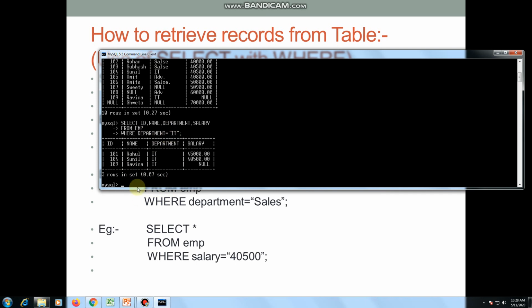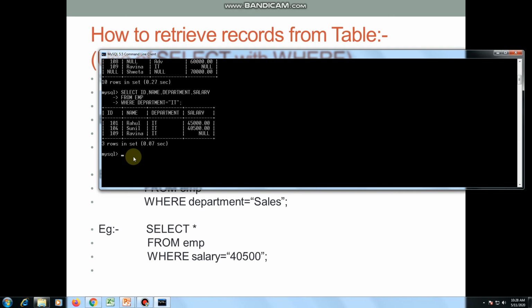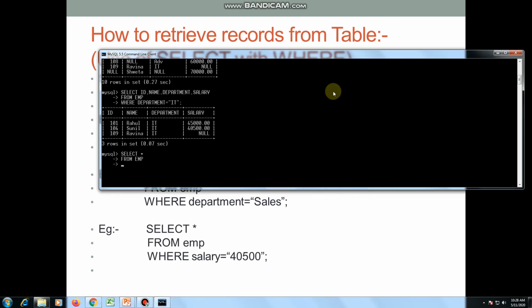You can also provide this condition on any column. Like for department we used it, you can also use this condition on salary. If you want to display those employees getting a salary of more than 50,000 rupees, then you can use the where clause on the salary column, like this: select star for all columns from EMP, which specifies the table from which you need to display the result, where salary greater than 50,000, enter.